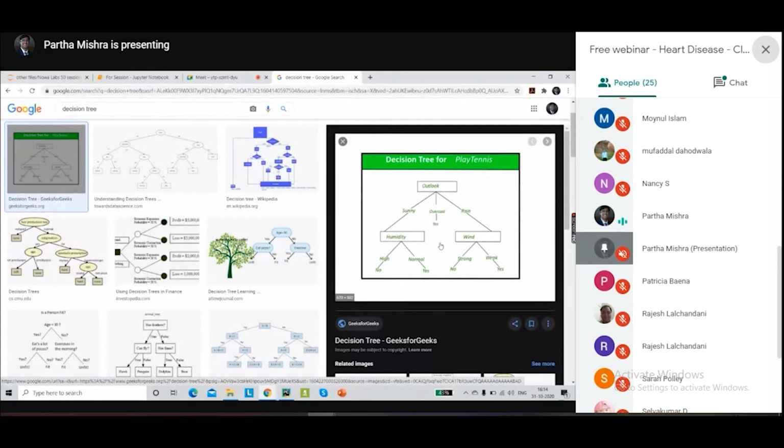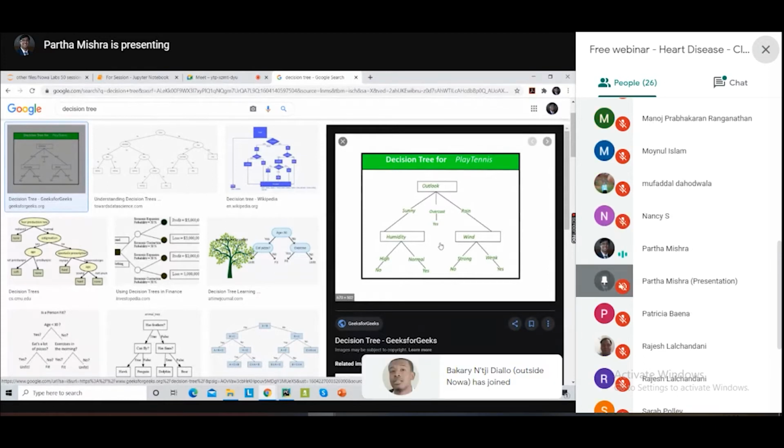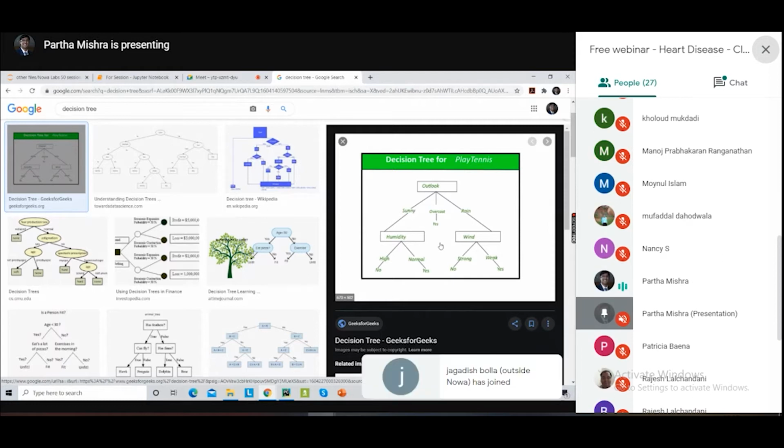Generally speaking, a forest is nothing but a group of trees. Similarly, if we take this decision tree concept one step further and take multiple decision trees, we can create what is known as a random forest. Today we'll focus mainly on the decision tree part, because once you understand this basic concept, you can apply it further to get better results.